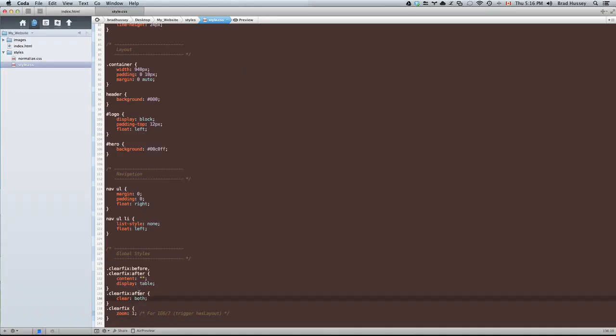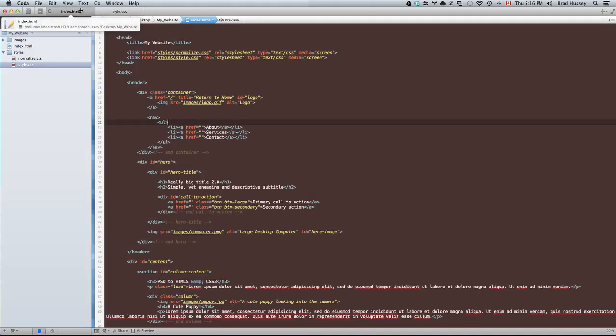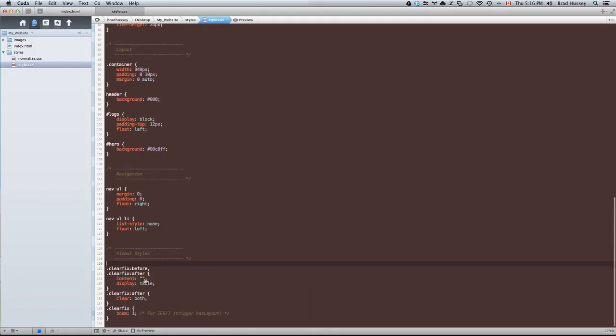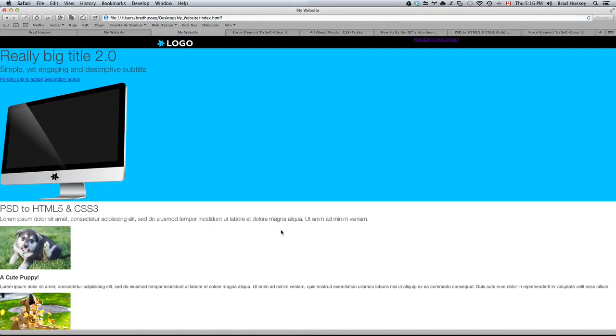And now we need to give the container element this clear fix class. So let's go to container, and let's give another class here called clear fix, and that's going to give container these styles. So now let's see what happens. There we go. This looks much better. So now that we're getting a little closer, let's do a few more things here. This doesn't quite look right, and that looks awful still. So let's fix this